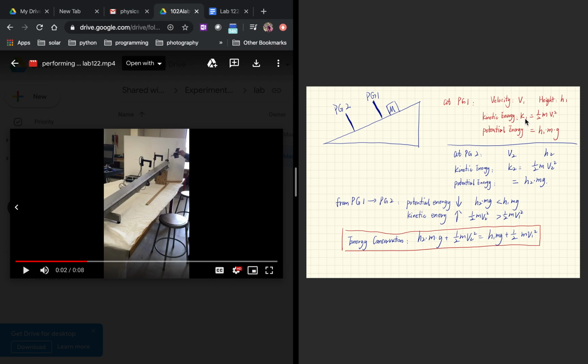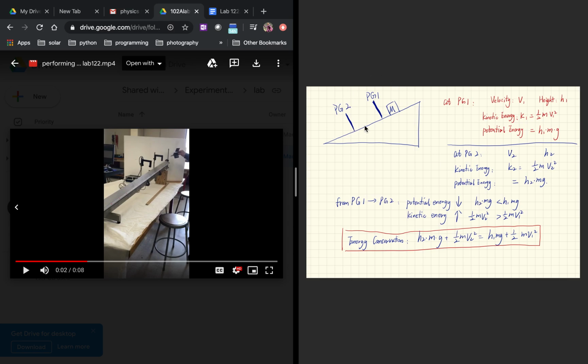the K1, the kinetic energy, plus this H1 mg equals K2, which is 1 half times m times V2 squared, plus H2 mg. So this is the energy conservation. Okay, so from flow gate 1 to flow gate 2, the potential energy is decreased, right? Because the height of the glider is decreased. So because the